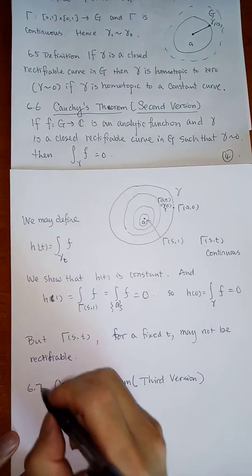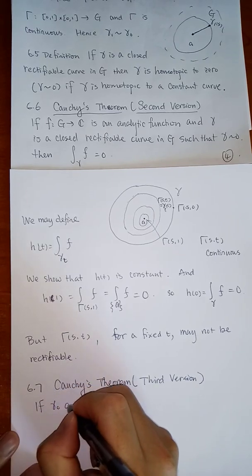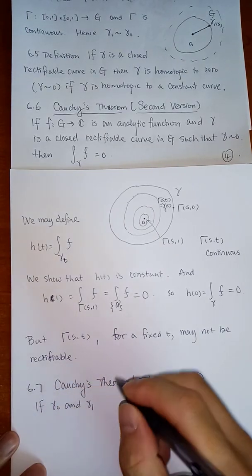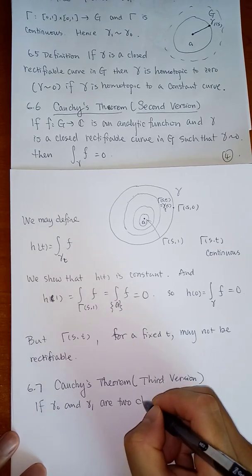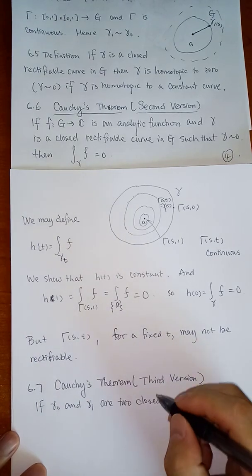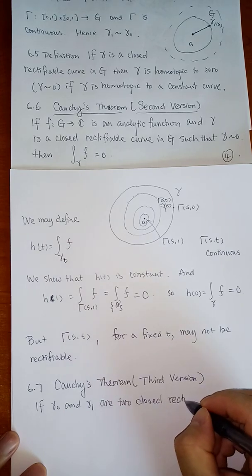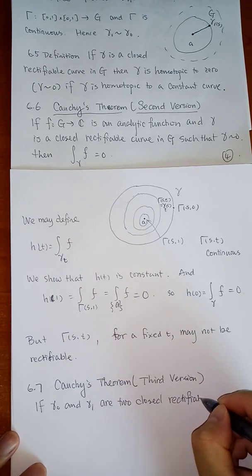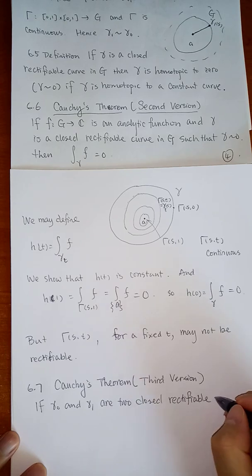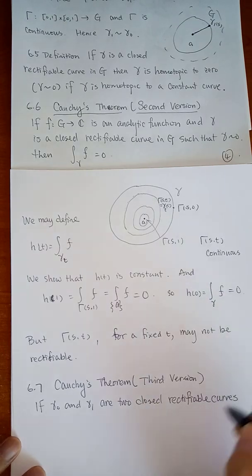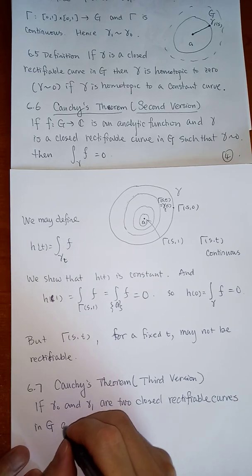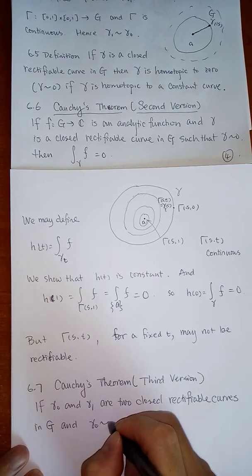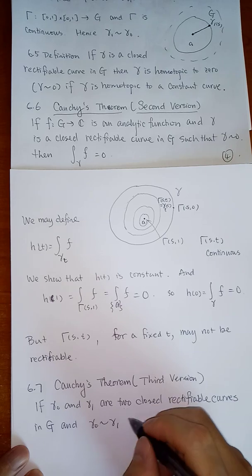The third version says if gamma 0 and gamma 1 are two closed rectifiable curves in G, and gamma 0 is homotopic to gamma 1, then